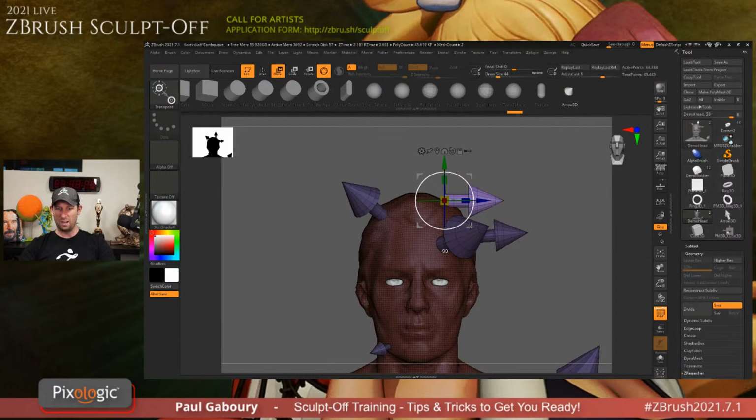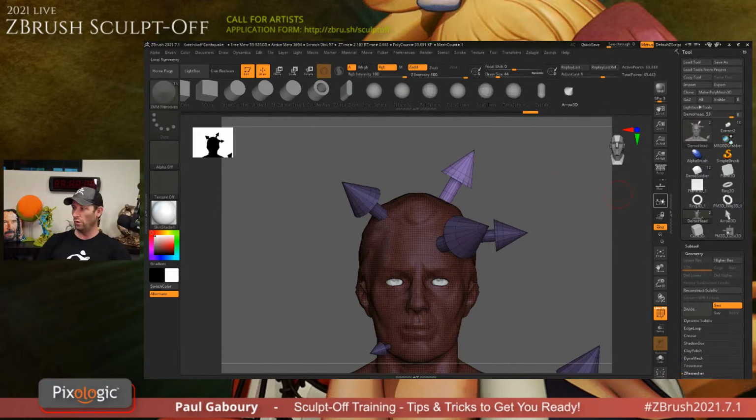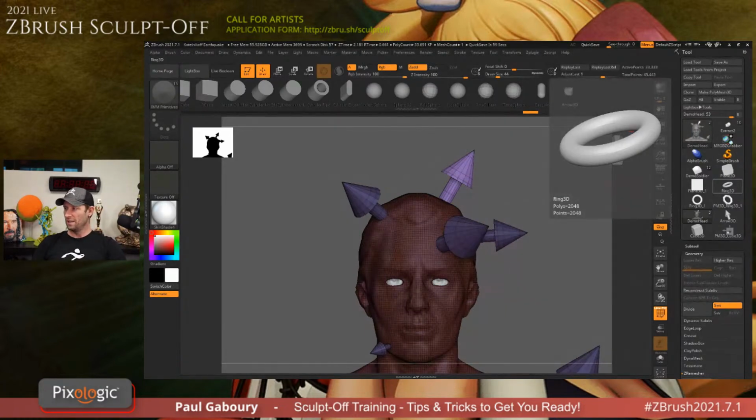So if I want to go 90 degrees this way or 90 degrees this way or 180 that way, this is how I would do it. I don't know if that's what you were looking for or what your question was really going towards, Monkey Shy 97. But hopefully that helps with what you were asking. Okay, let me get back to where...